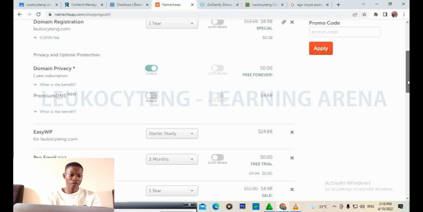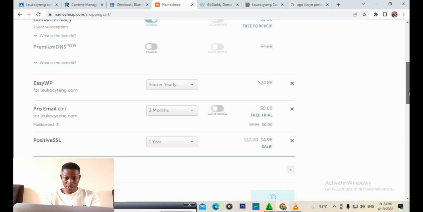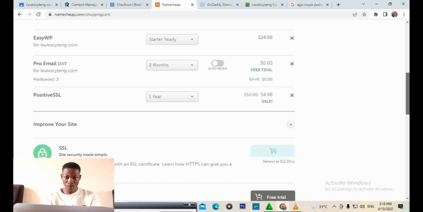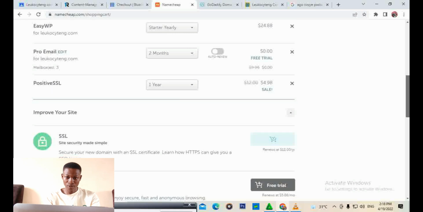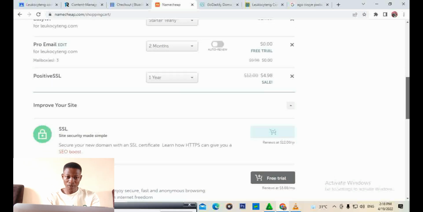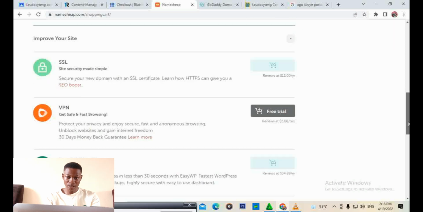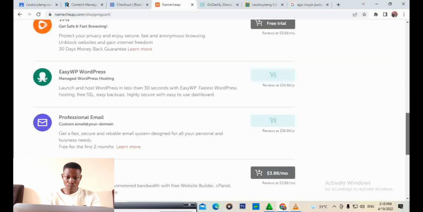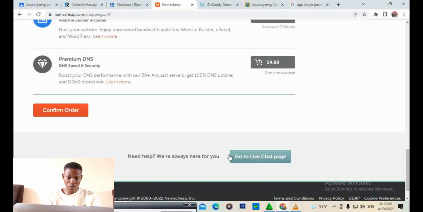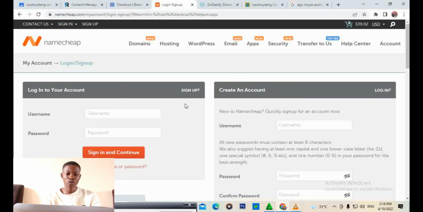You get that? So look at every necessary thing. We've done the necessary settings before now. All right, the SSL is confirmed with SEO boost. Everything is confirmed, and then you confirm the order. That is simply how to do it.